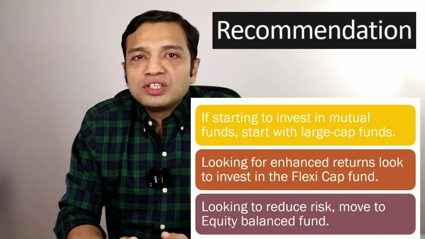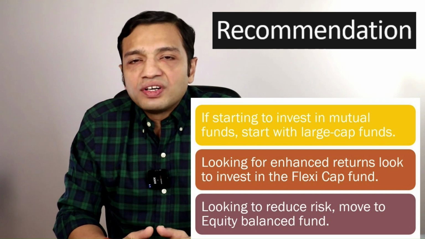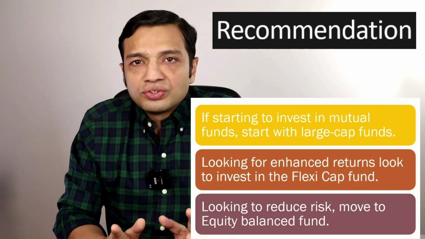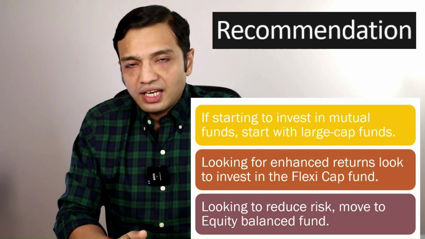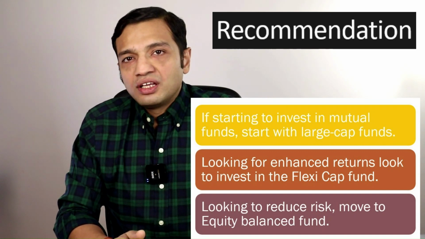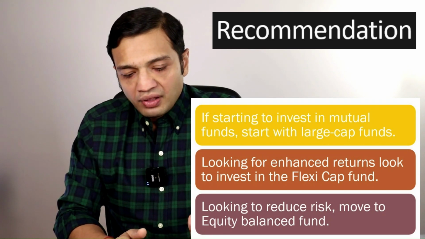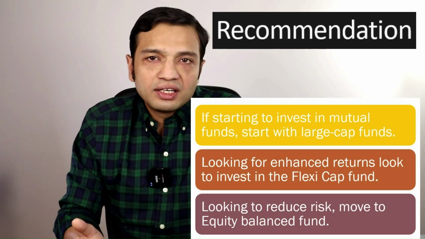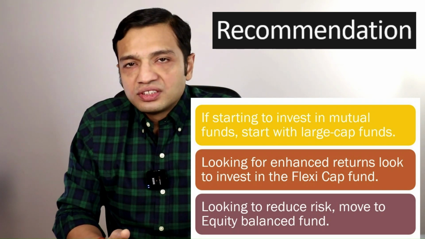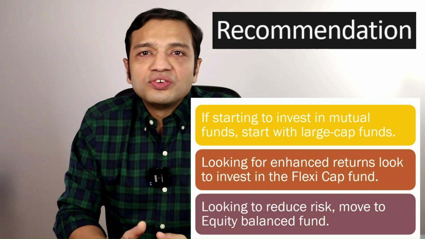If you are not okay with the volatility in the large cap fund and in the flexi cap space, look for funds in the balanced category. This way, if you're okay with the volatility, you invest in the large cap fund. If you want more returns, you go with a flexi cap fund. If you are not very okay with how volatile the markets are, just come to the balanced funds. And this way, you know for what risk situation, what fund you can invest in.